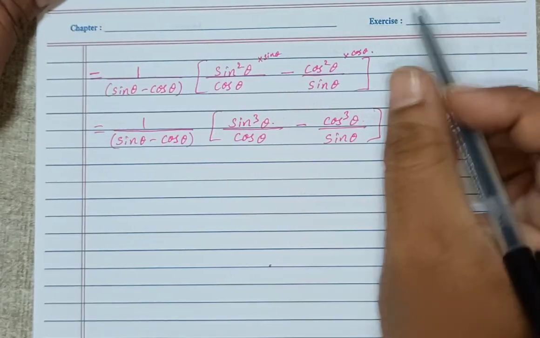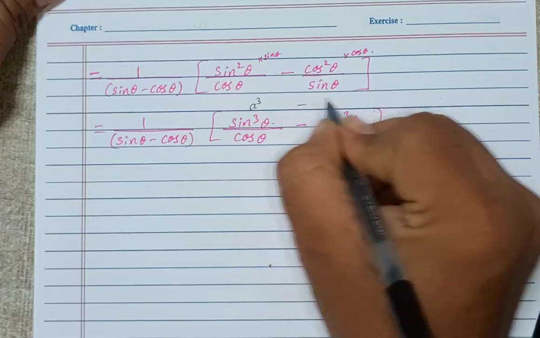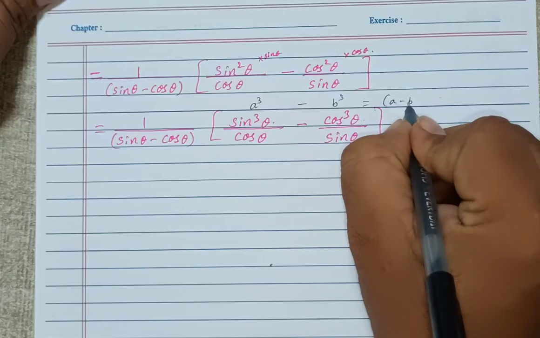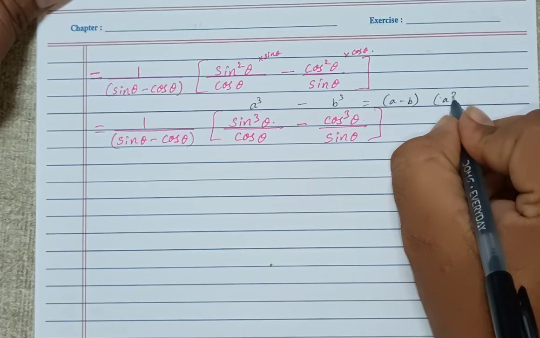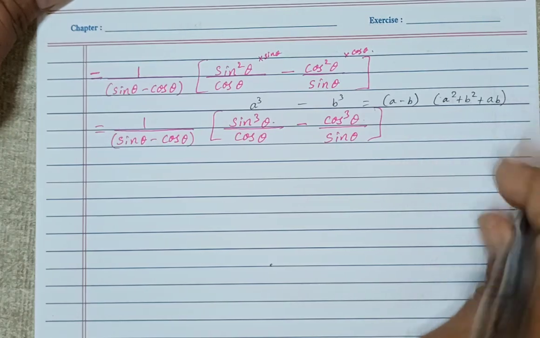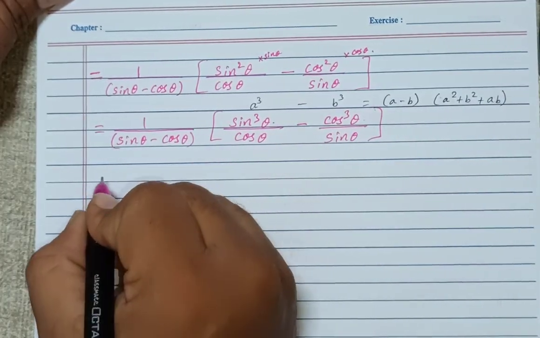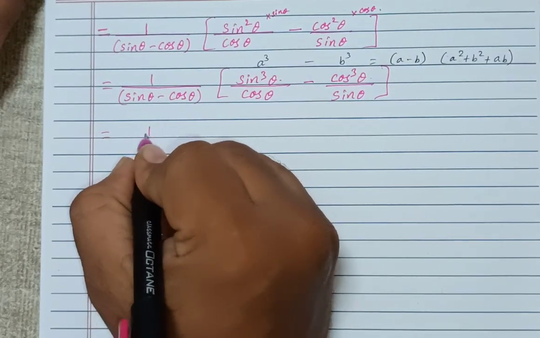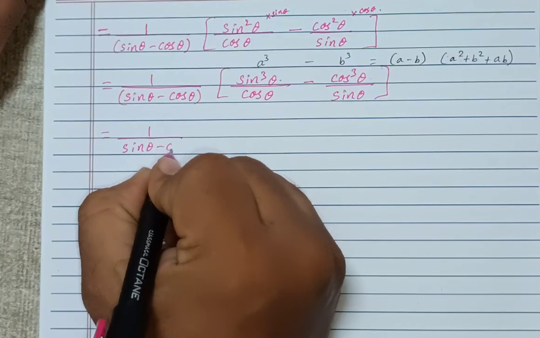Okay, a cube minus b cube. So a cube minus b cube is nothing but (a minus b) into (a square plus b square plus ab). Right? So now by using that we will solve it. So which is equal to 1 by sin theta minus cos theta